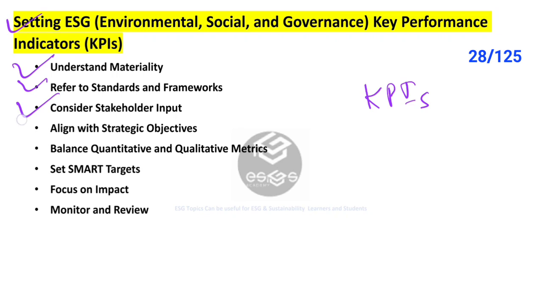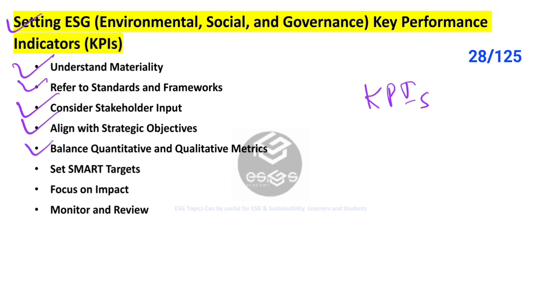The next one is aligning with the strategic objectives. We need to ensure that selected ESG KPIs are aligned with our organizational strategy, strategic objectives, mission, vision and values. We need to link ESG KPIs to broader business goals and performance metrics to demonstrate the value of sustainability to